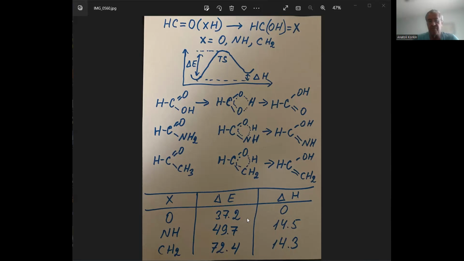In fact, these transition state values are very high for internal hydrogen transfer. So in solution, for all these substances, this type of transformation actually occurs through proton transfer from water. Okay, so let's now go to